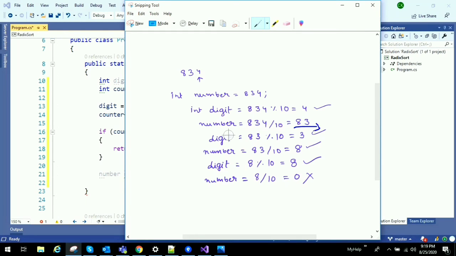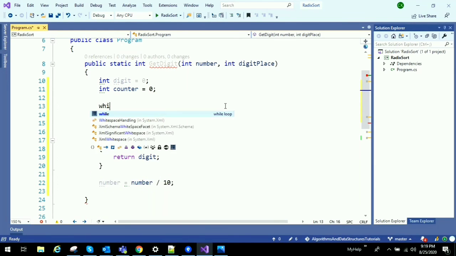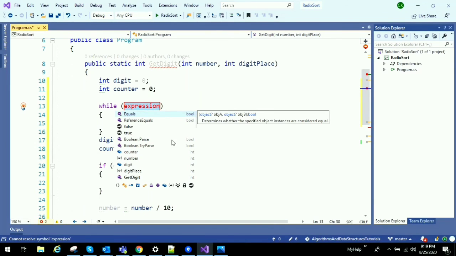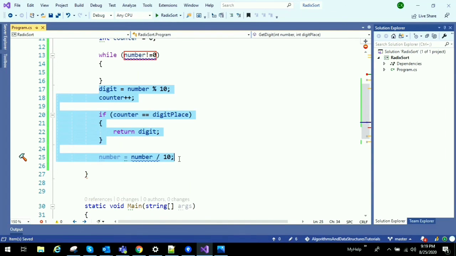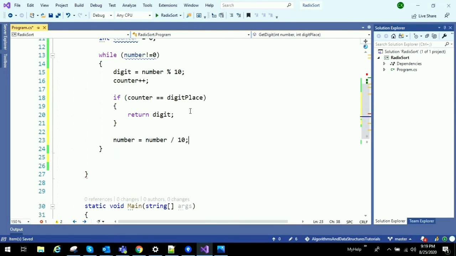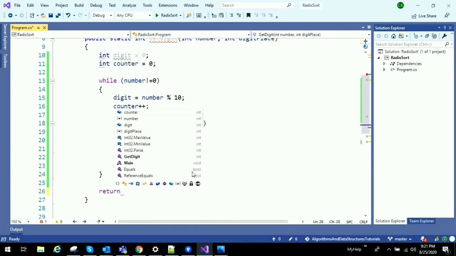On 83, if we again perform mod operation, we get the second digit. This process will continue until the number becomes 0, and for that I am writing a while loop with the condition number is not equal to 0. Until number becomes 0, we will repeat this process. Finally we will return the digit.